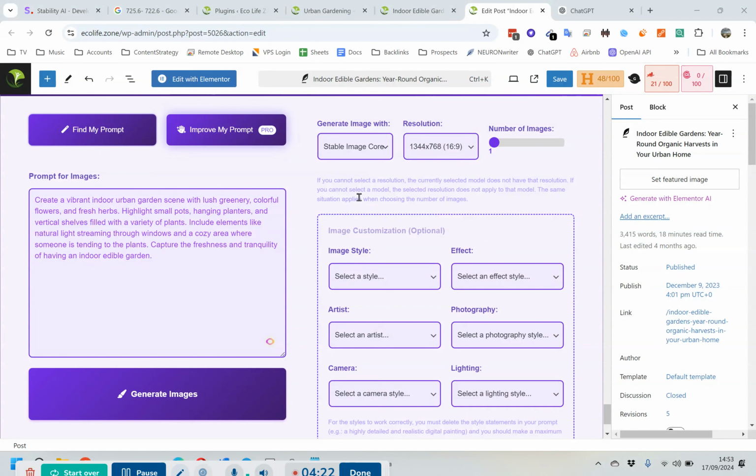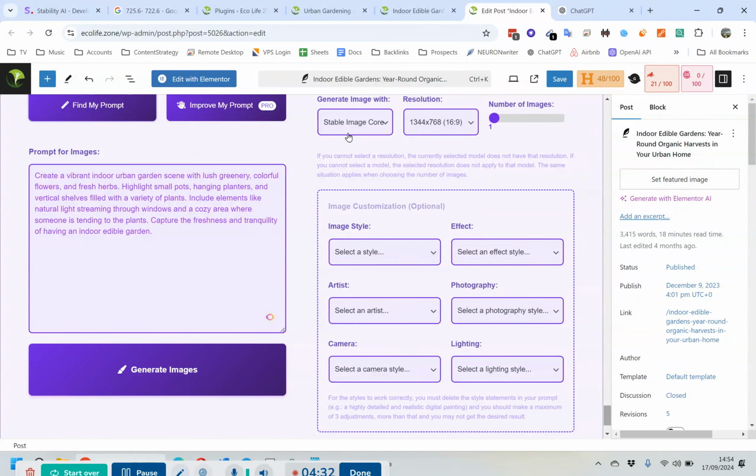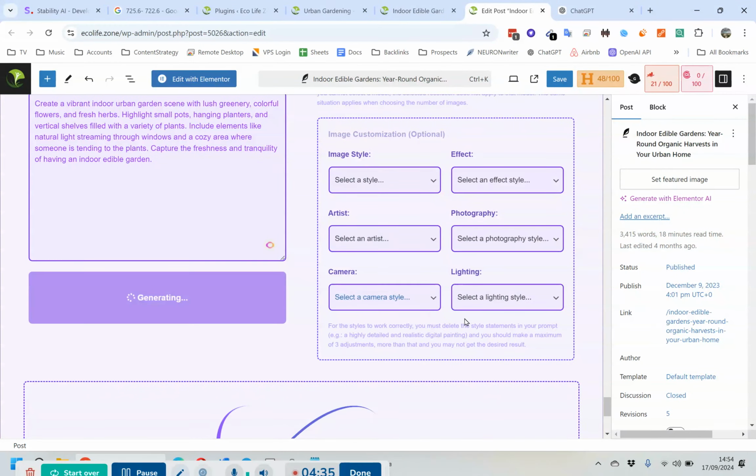I've tried running it on 2 websites and it still works. And it's completely free. Apart from that, you're paying for the credits for the generation of the images. You're paying Stable Diffusion directly now. So if we leave it on the Stable Image Core and hit generate,